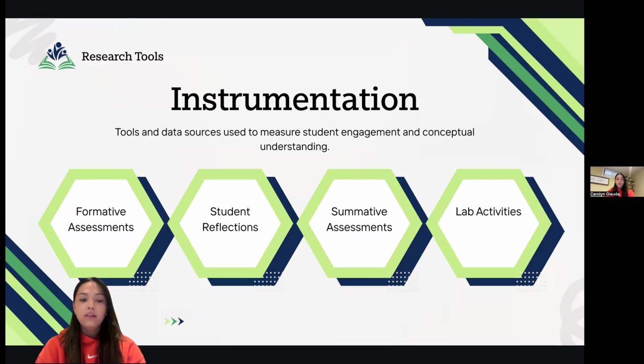Multiple forms of data were collected to provide a complete picture of student learning and engagement. Quantitative data included quiz scores, formative assessments, exit tickets, and summative assessments aligned to the NYSSLS standards. Qualitative data included student reflections, written explanations, and teacher observation notes collected through structured observation checklists. Using multiple sources of data allowed for triangulation and helped strengthen the credibility of the findings. It was also very telling to see what my students liked and what they didn't like as we move forward with these new standards and get ready for the Regents exam.